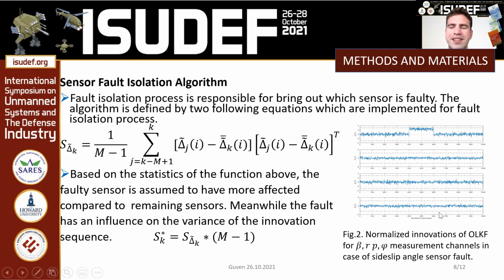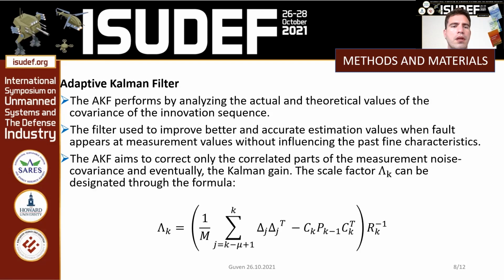These are the normalized innovations of the optimal linear Kalman filter for measuring lateral measurement channels. In case of just one side slip angle sensor fault,